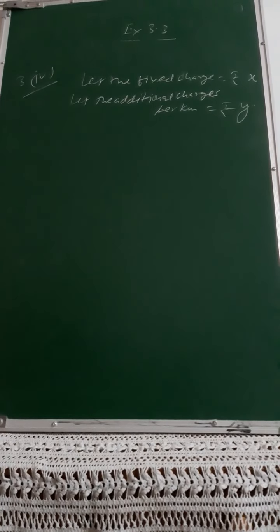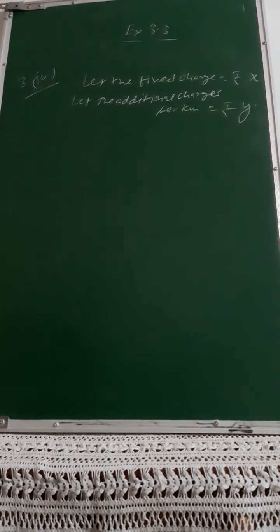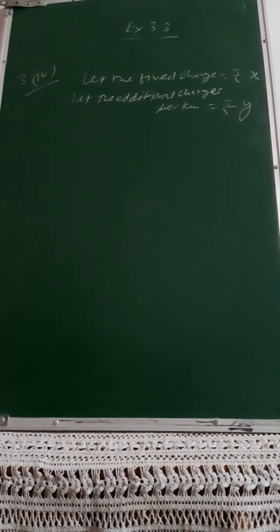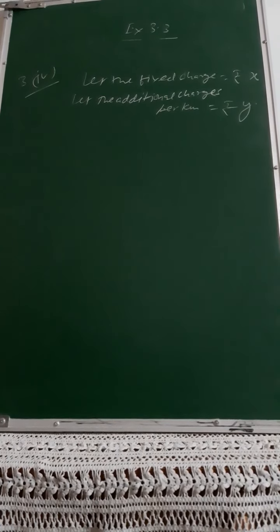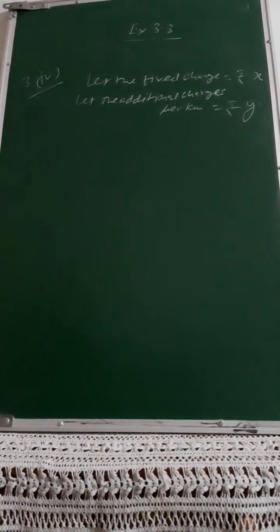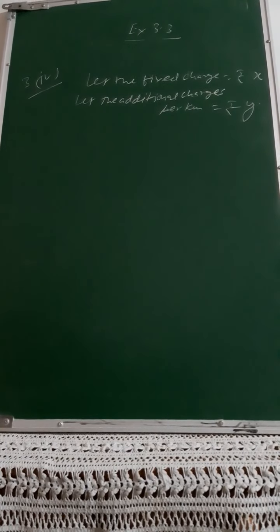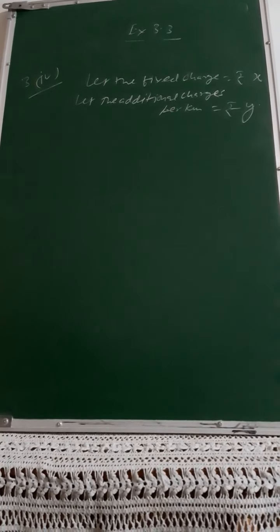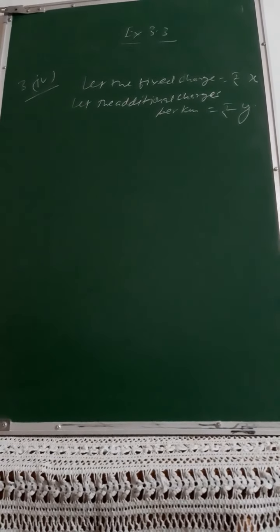Now if you have covered a distance of 10 kilometers, with additional charges at the rate of rupees 10 per kilometer, then 100 more rupees will be added to your bill of that particular day. So that is the plan we are discussing here. This is the case study and we need to calculate what are the fixed charges and what are the additional charges paid by the customer. As per the condition, it is given that for a distance of 10 kilometers,